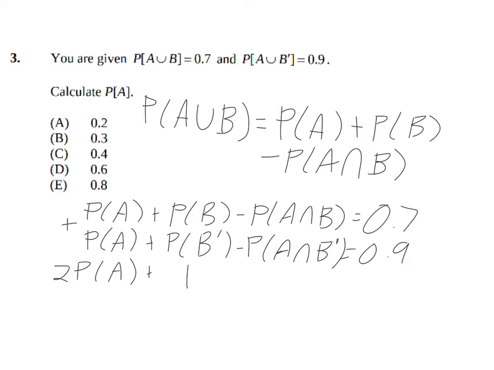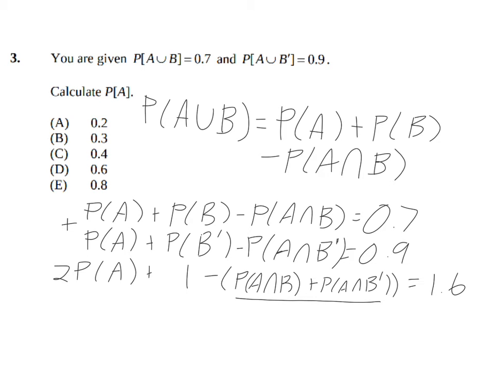Okay, the next one is probability of A intersection B, and what I'm going to do is I'm going to do it like this. Intersection B plus probability of A intersection B complement, and then the right side 0.7 plus 0.9 is 1.6. Now, this little thing in the parentheses here